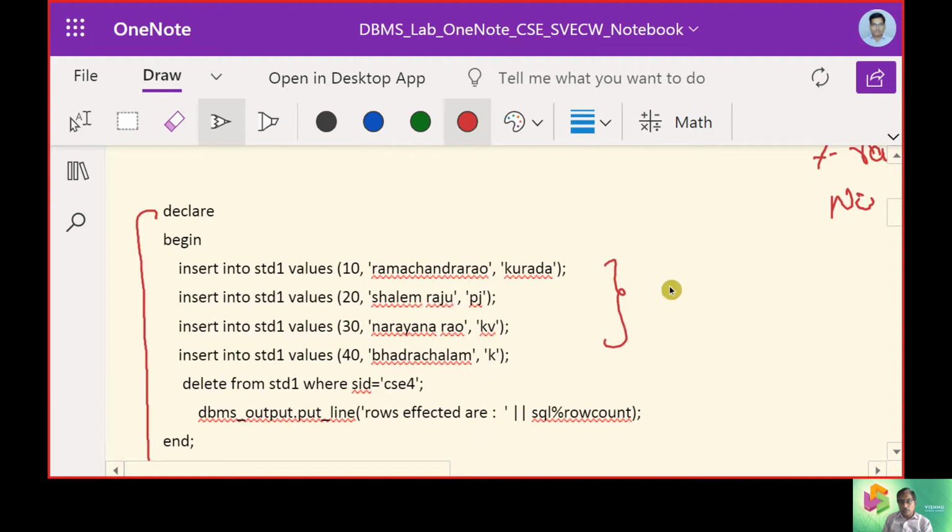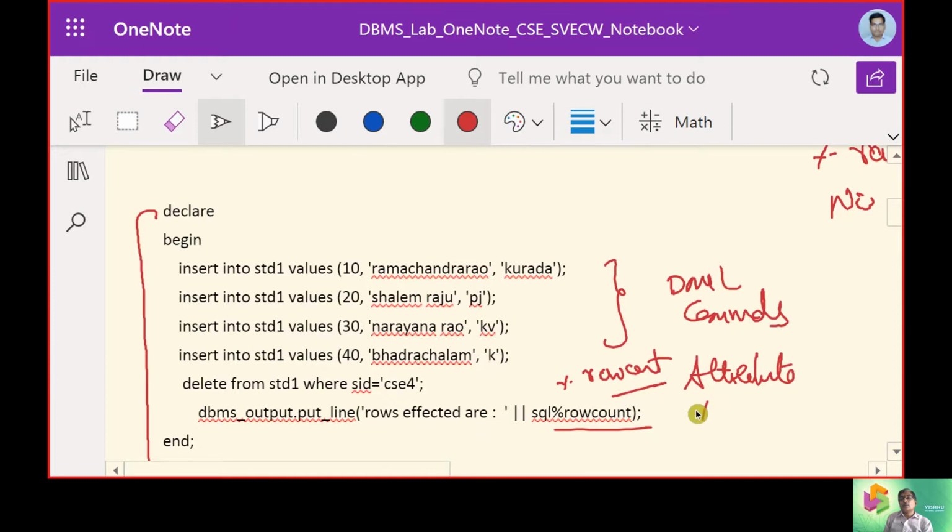So we are writing the data manipulation language commands here, and now you can see ROWCOUNT. This is a special attribute we are working with, %ROWCOUNT. It computes the number of rows in the database, whatever rows are there.